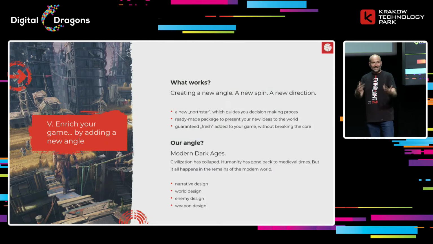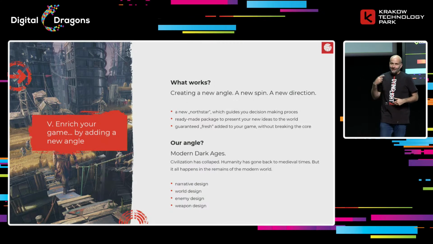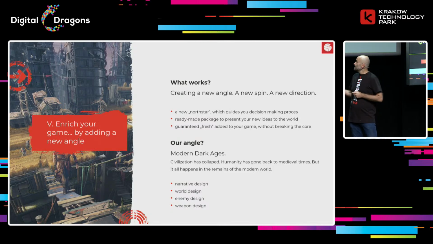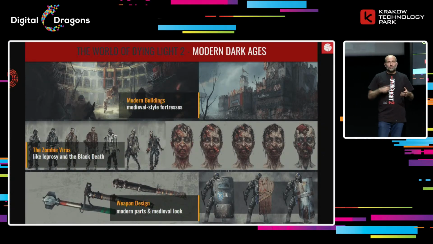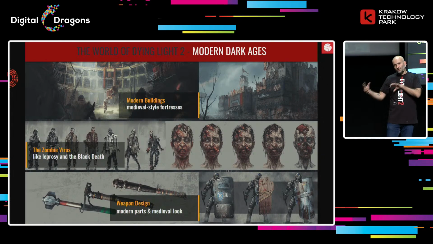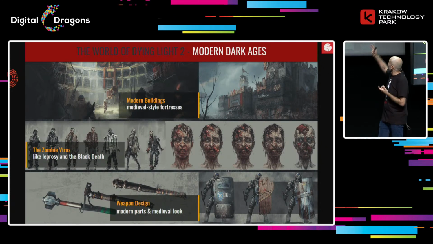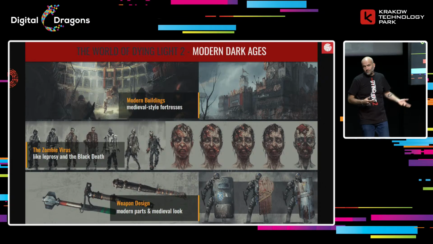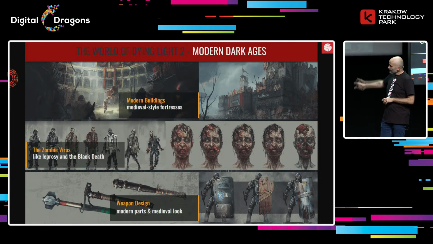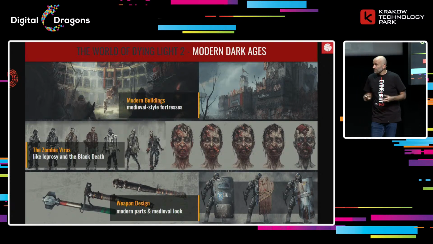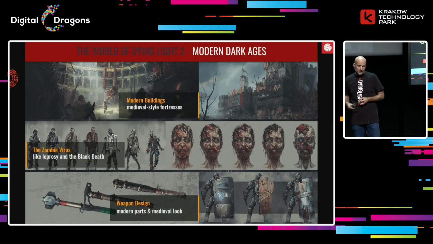This was something that guided us through a lot of narrative design, world design, enemy design, weapon design, and you can see that here. For example, when we were designing locations, we were taking modern buildings, but because we had this new angle of modern Dark Ages, we added some wooden constructions on top of it, and suddenly the mall looks like a medieval fortress. When we were designing the enemies, we were looking at things like medieval illnesses like Black Death and leprosy.